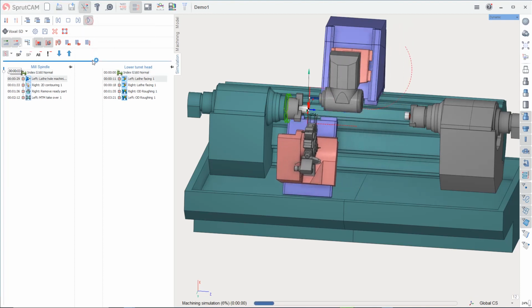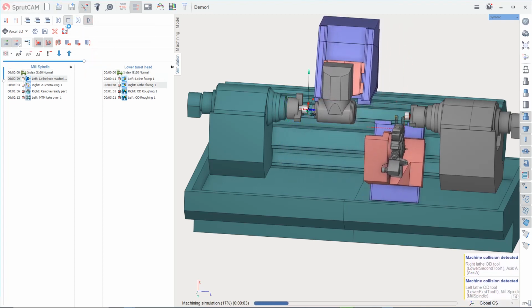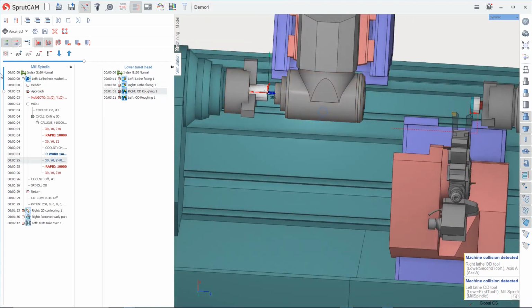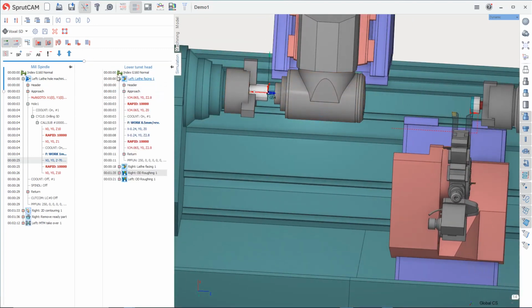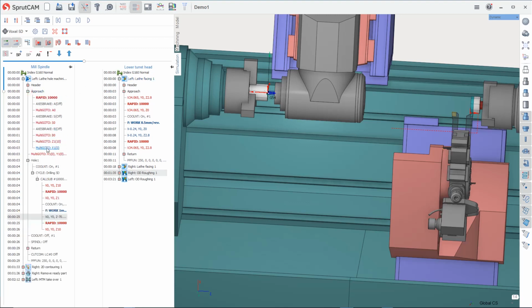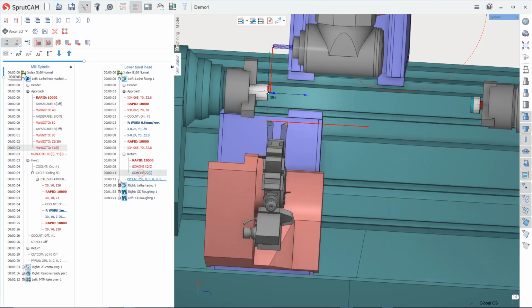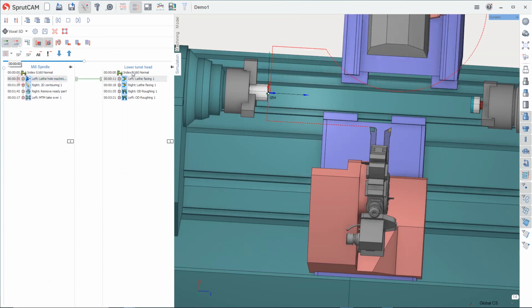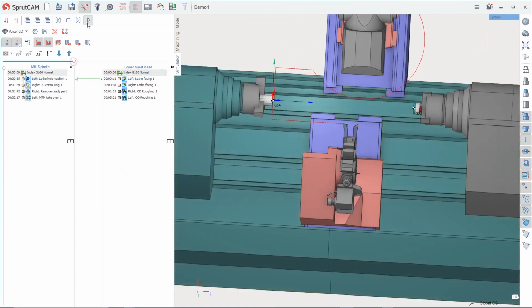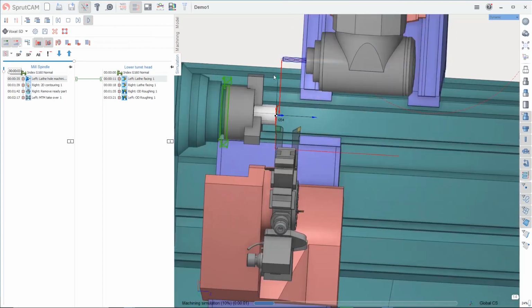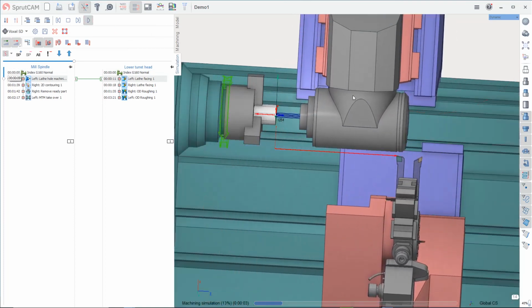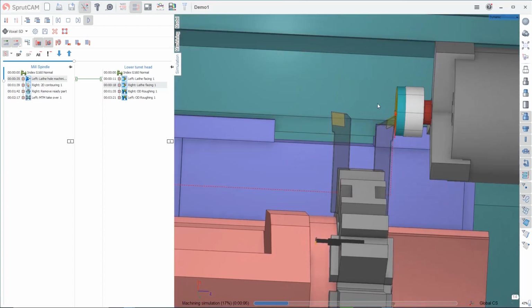collisions. Let's check. So together, the first thing I would like to do is to define the synchronization point. I would like to start drilling only after we finish the facing. So select this one and add the synchronization point. The next, let's check. So it waits until we finish facing, and after that,